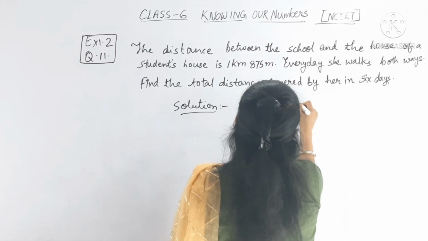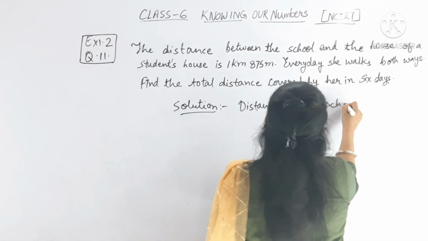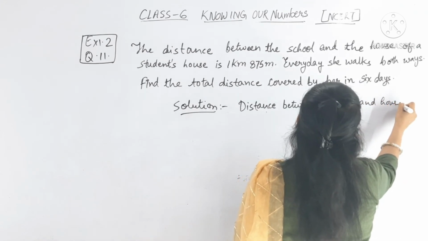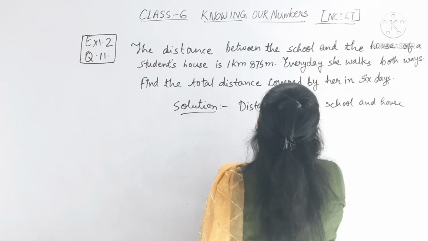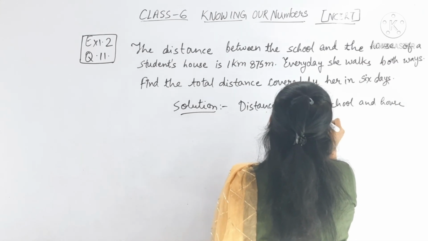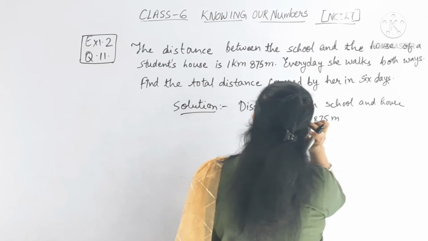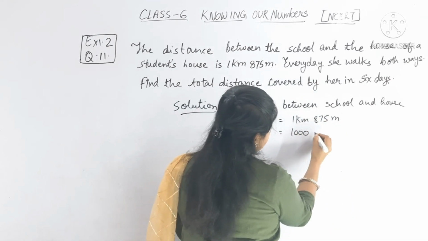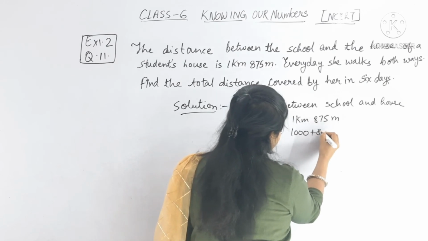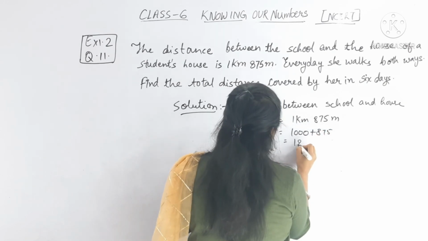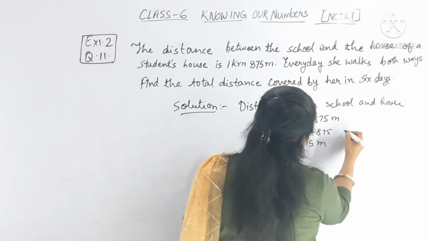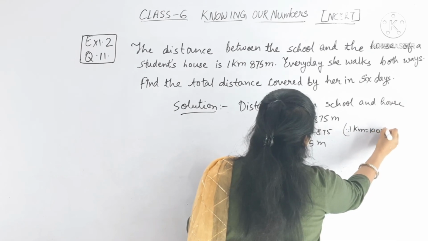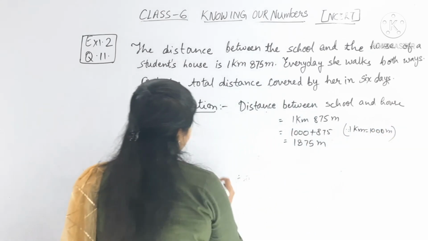Distance between school and the house is equal to 1 kilometer 875 meter. We can convert into meter. So 1 kilometer is 1000 meter. So 1000 plus 875, that is 1875 meter, because 1 kilometer is equal to 1000 meter. Okay, then